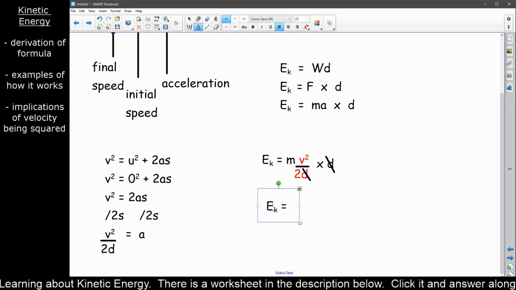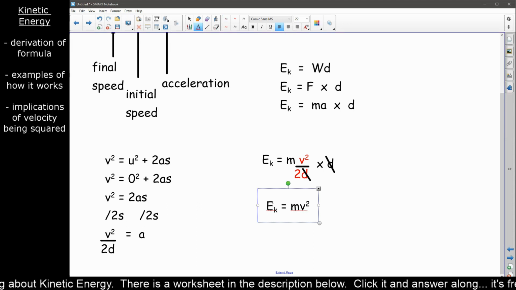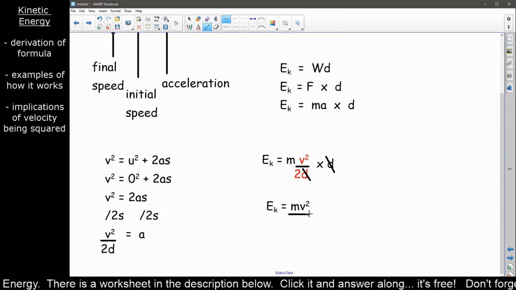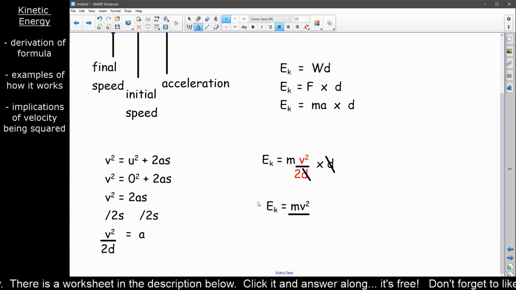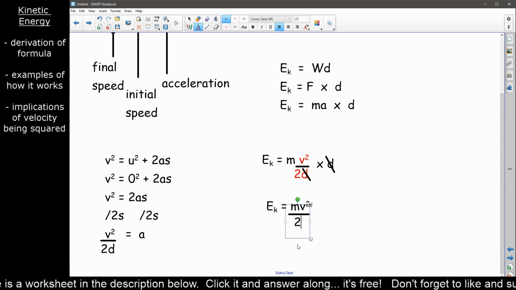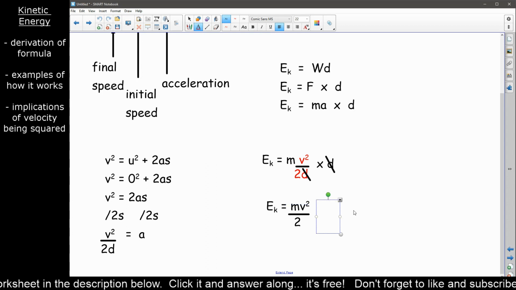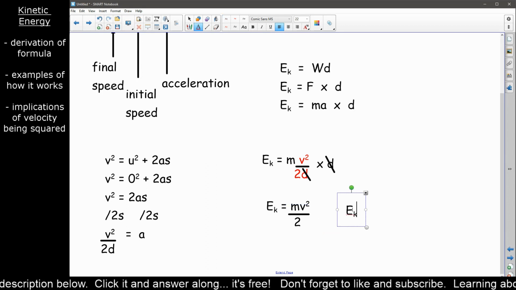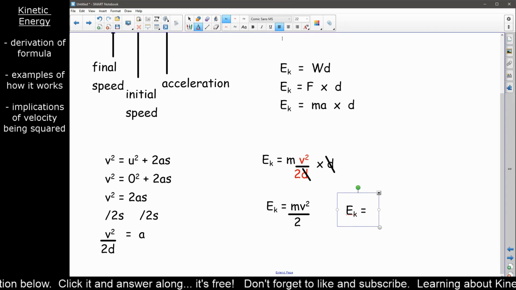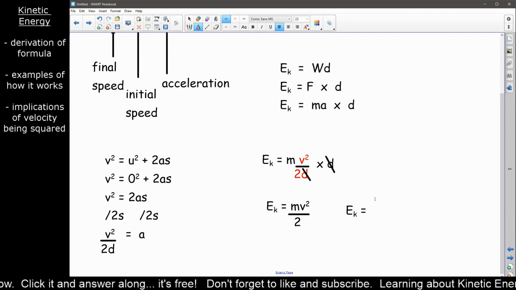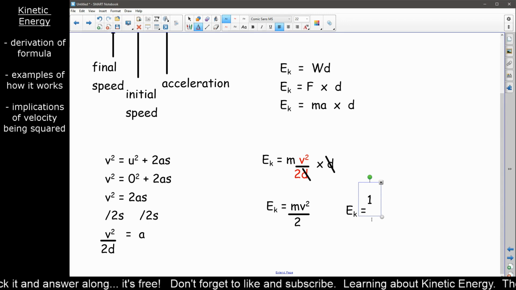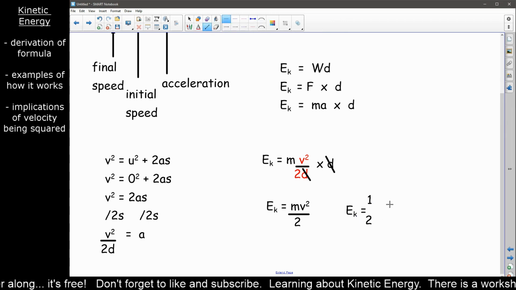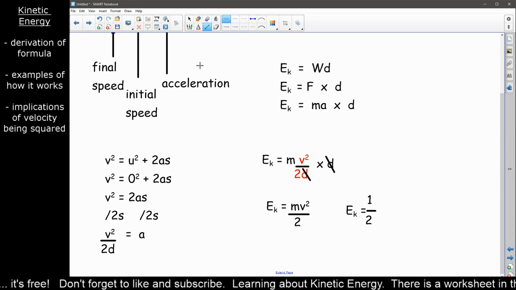is equal to mv squared over 2. Because the 2 got left behind, the d got cancelled out, but the 2 did not. So mv squared over 2. This is the equation for kinetic energy. It's much more commonly written though as ek equals a half, which takes a bit of drawing on this. So 1 over 2. So a half